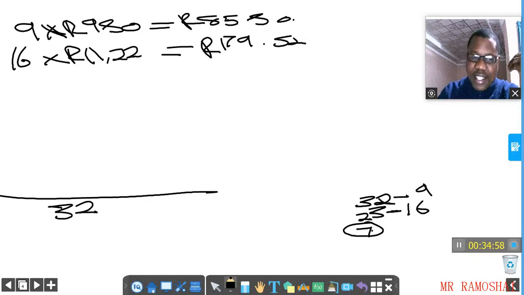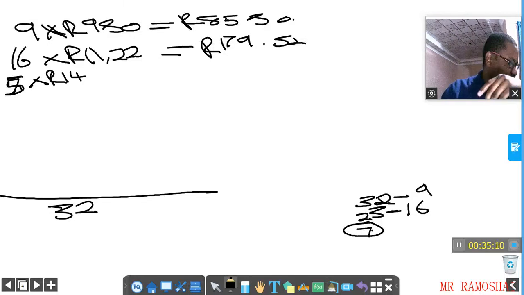Can 5 fit into 7? The answer is yes. That means we have utilized everything in block number 3. How much was the price? Was it 14? Yeah, 14.95. Right. 5 multiplied by 14.95, which is